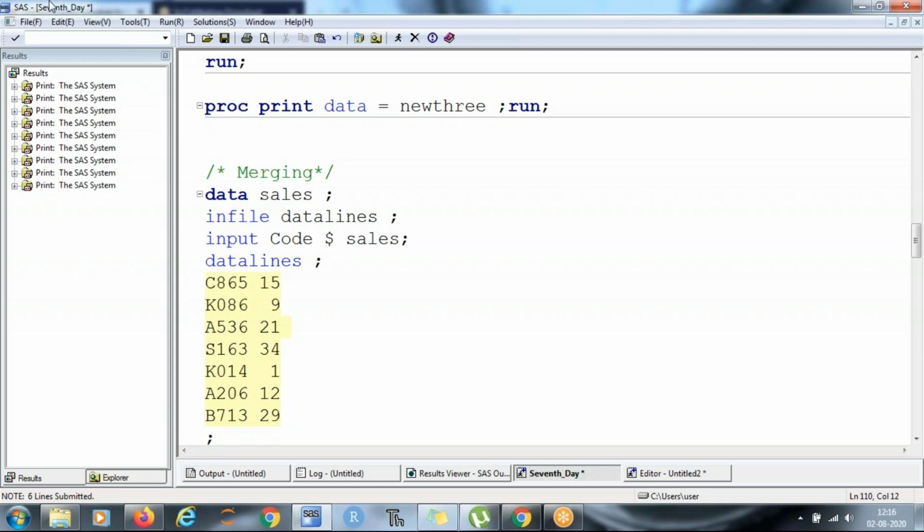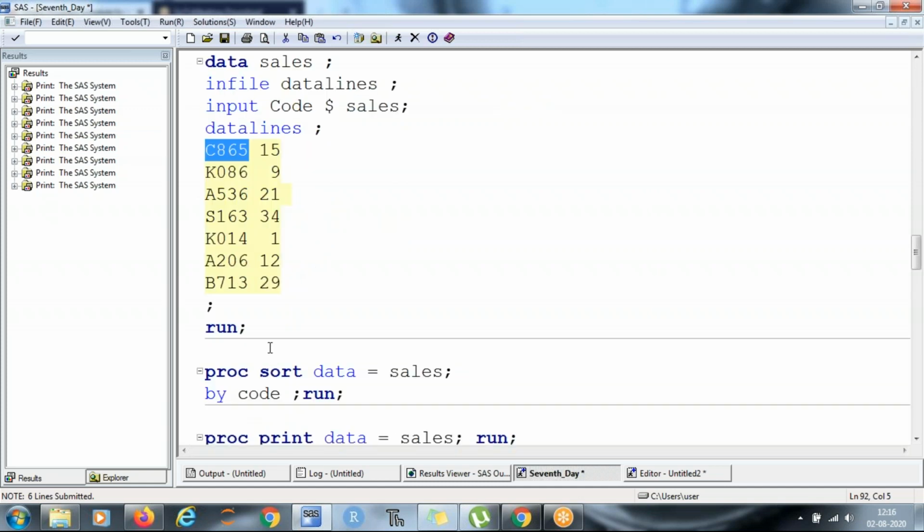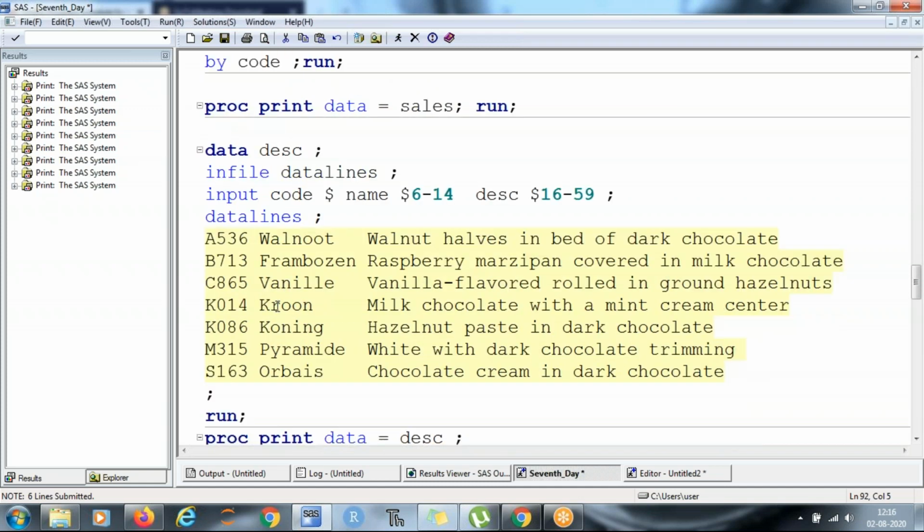So he installed a machine which contains only the code of that particular ice cream. The salesperson punched that number, and he got to know how many ice creams were sold on a given day. He is also maintaining one data set for himself, which contains the item code and their details.